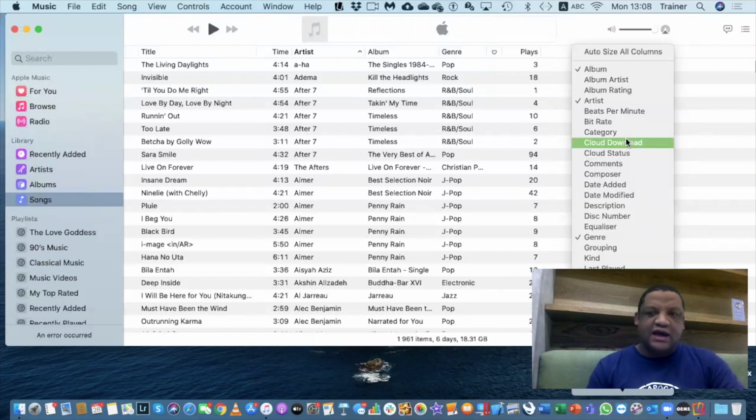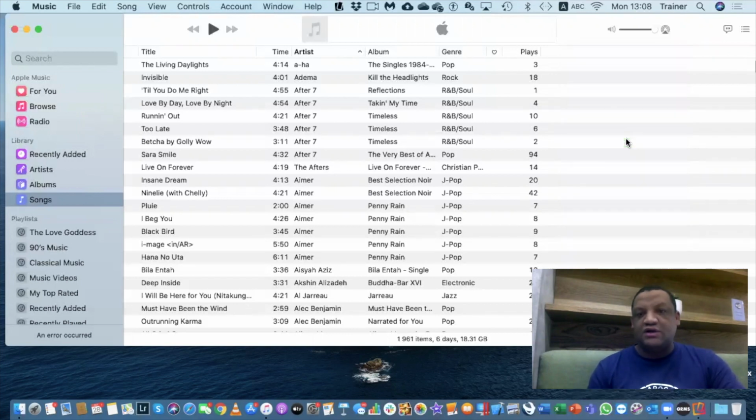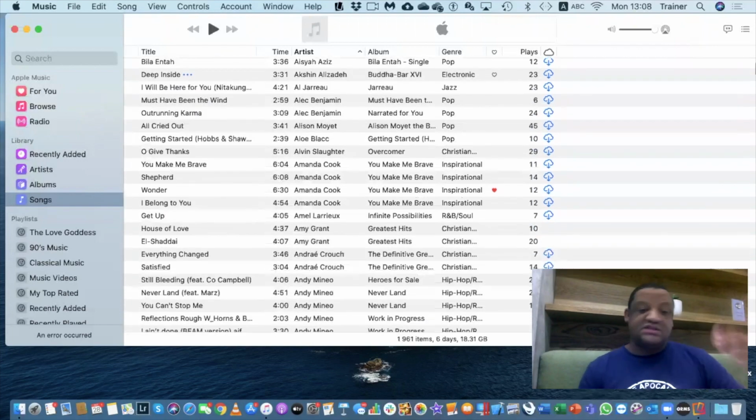So if I say iCloud download or cloud download, it will then show me the little cloud symbol for those that are still sitting under my Apple Music, but it's in my library, but the actual file isn't downloaded, meaning that I can only listen to this music when I'm online, okay? Now, these are the ones with the cloud symbol.